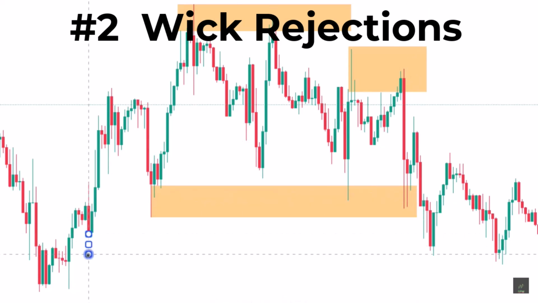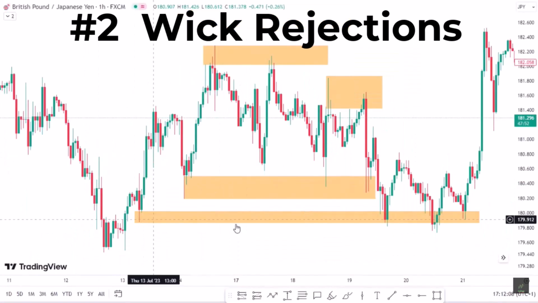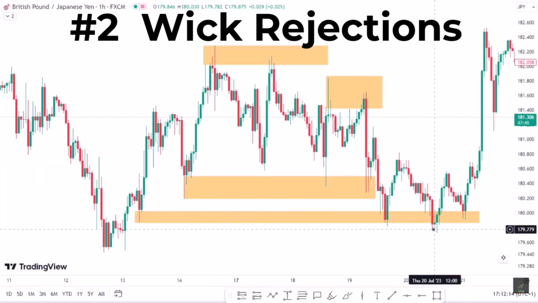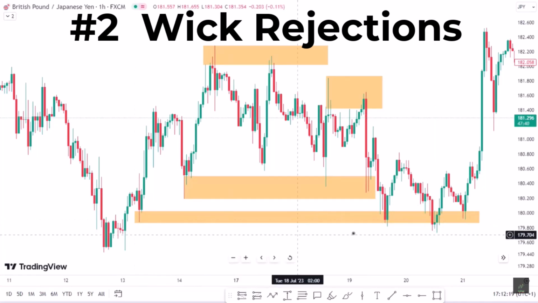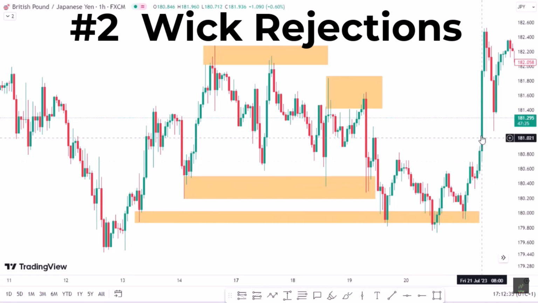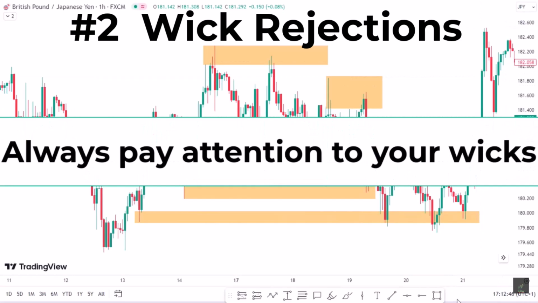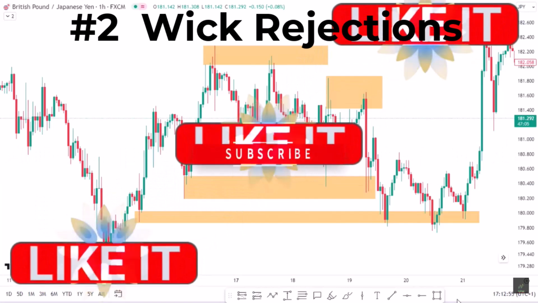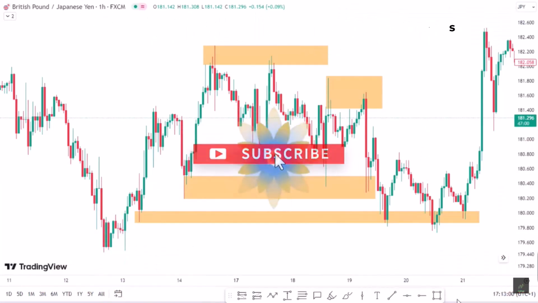This wick. You see, this wick, when price came for the first time, it moved to the upside. For the second time, you see, it started rejecting, telling us that this zone is going to hold. It's not going to break. Price is not going to break below this wick. Hence, it's going to what? Maintain. And it moved to the upside. When it came for the third time, finally, it then moved with huge momentum and volatility to the upside. Always look at your wicks. It's very essential. This is game-changing information if you use it accurately.